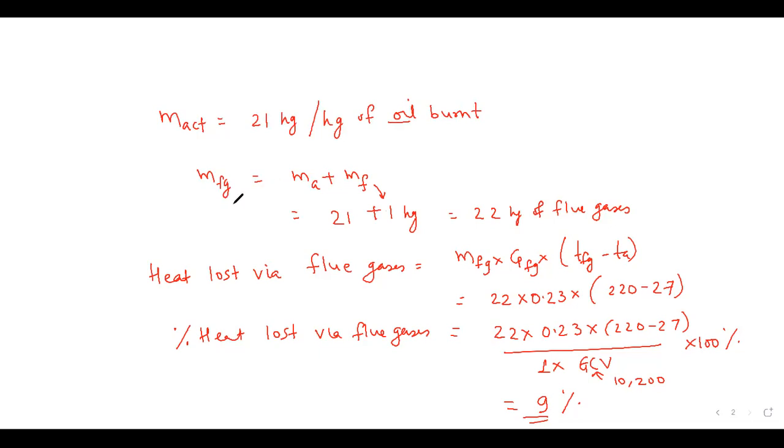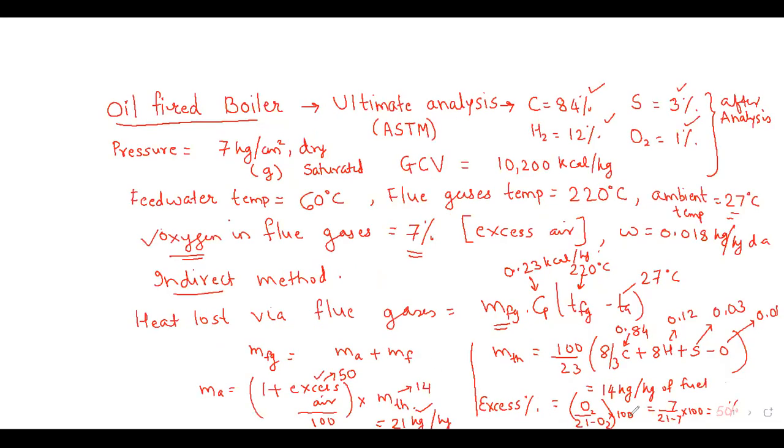First you find the mass of flue gases, and for finding the mass of flue gases, you need to find the actual air supplied. For finding the actual air supplied, you need to make use of the readings, that is the oxygen in the flue gases reading. The oxygen reading helps you calculate the percentage excess air, and then by using the expression 1 plus excess air upon 100 into mass of theoretical air, you can find the mass of actual air